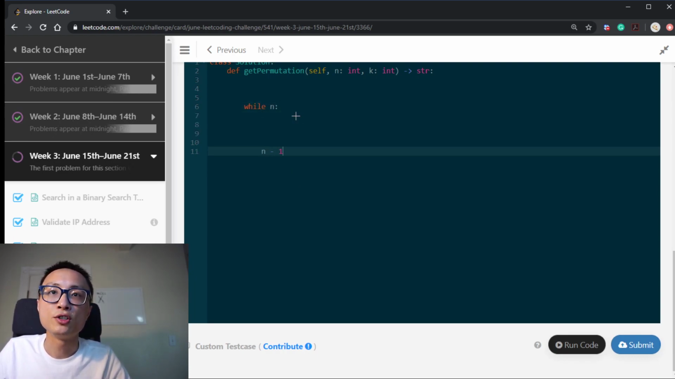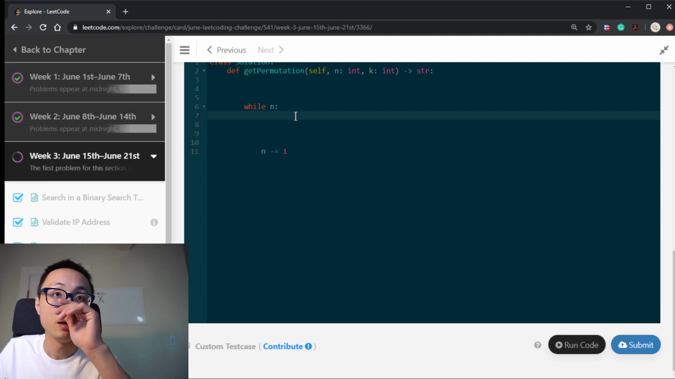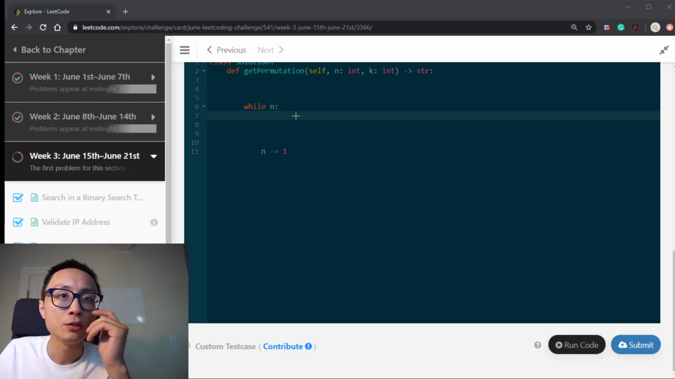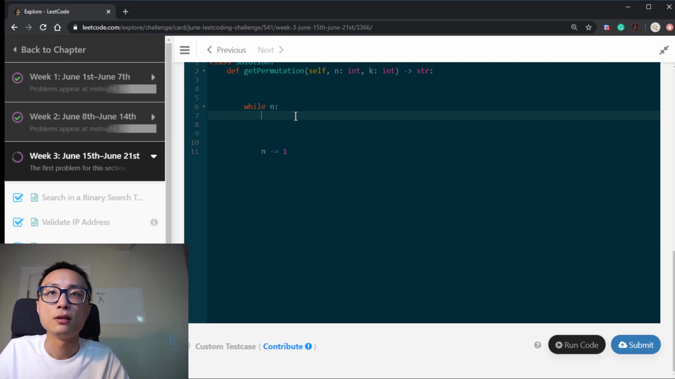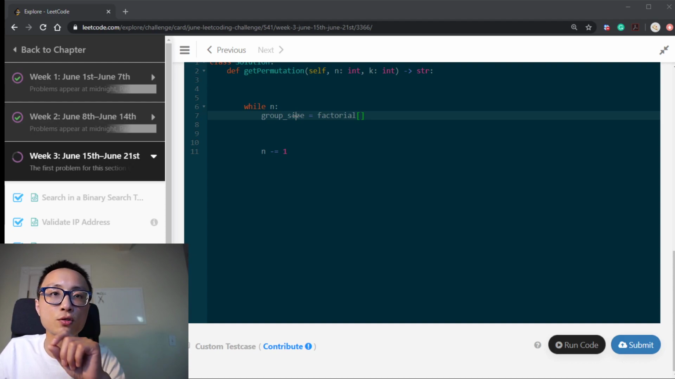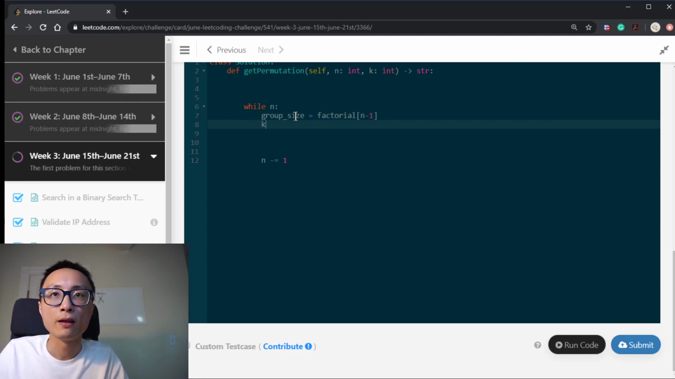So obviously we want to generate n numbers, so it's going to be a loop running n times. And so the first thing we do is to calculate the group size. Let's just call this group size. It's going to be factorial. Maybe we will store the pre-calculated factorial numbers ahead of time, or use some function. It doesn't really matter. Which is going to be n-1, and